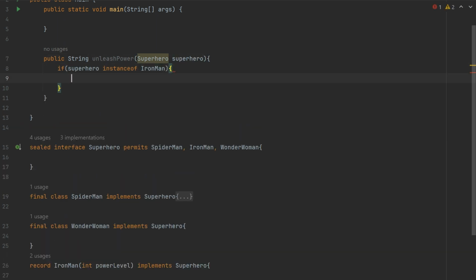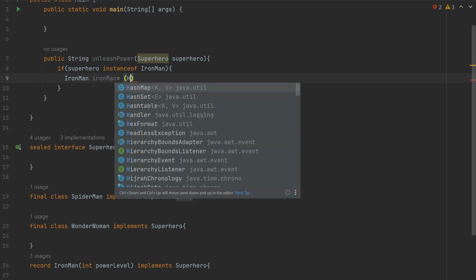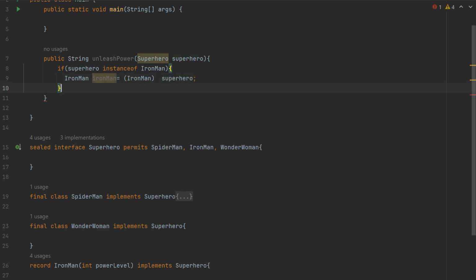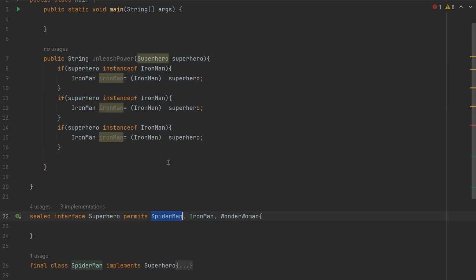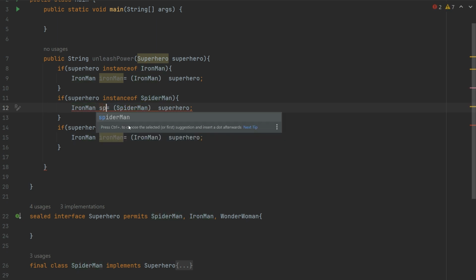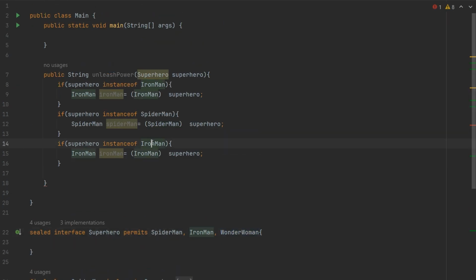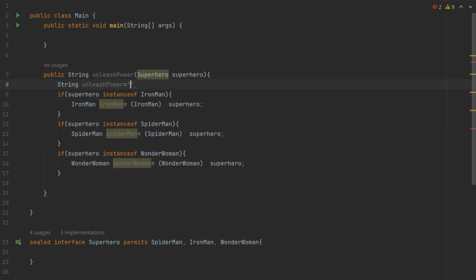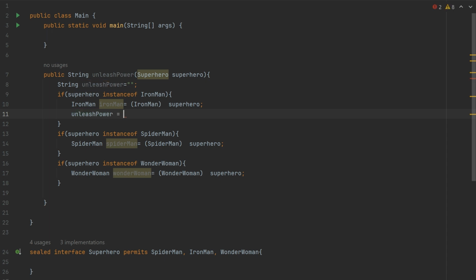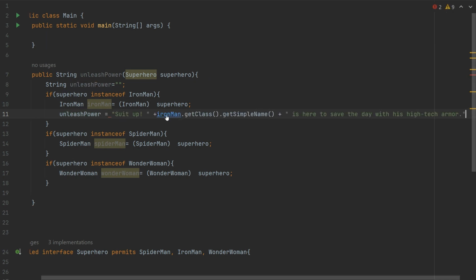If you are still stuck in the Stone Ages and using Java 8, you would have used if statements and checked the instance of the superhero every time. You would have kept checking if the superhero is Iron Man or Spider-Man or Wonder Woman. Based on that, it would have been decided if it is an Iron Man, and then he would have suited